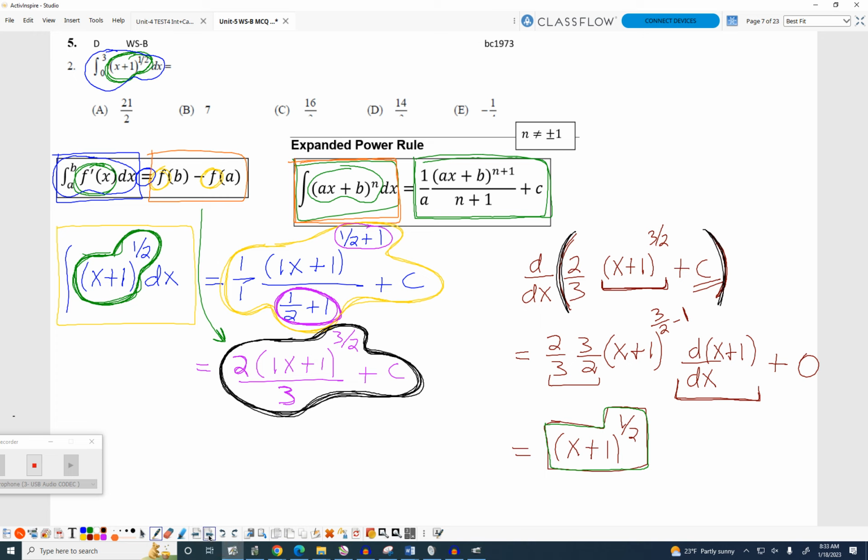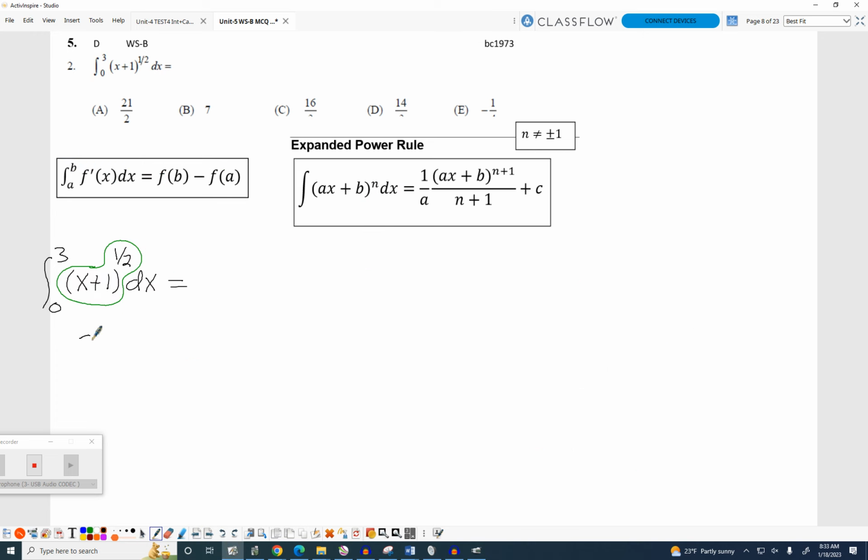So I'm going to write 2 over 3 x plus 1 to the 3/2 power plus a constant. I'm supposed to take that new formula. So look up here in the fundamental theorem again. Here's the green. Here's my black formula right here. I'm supposed to plug into that formula